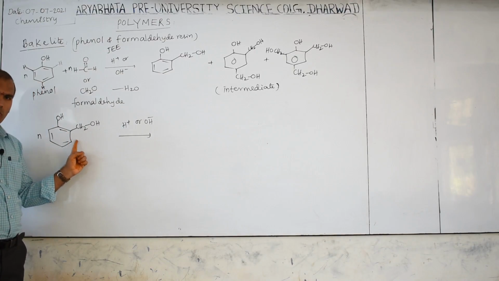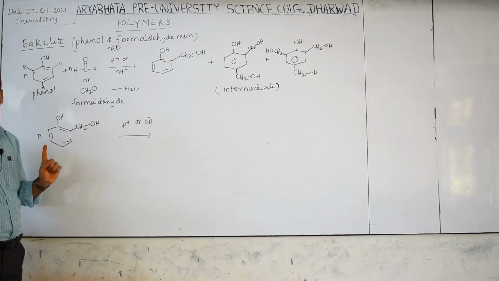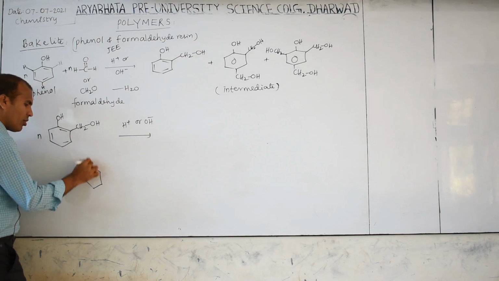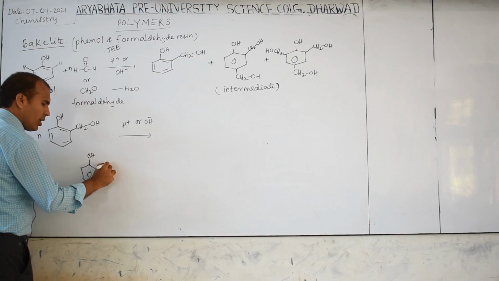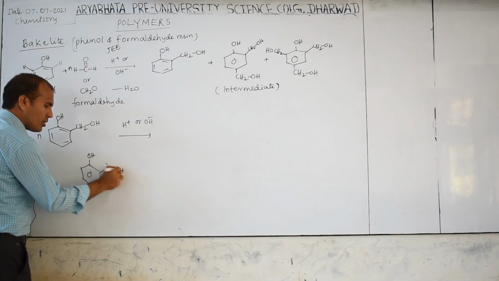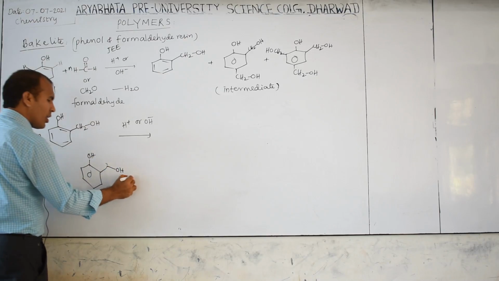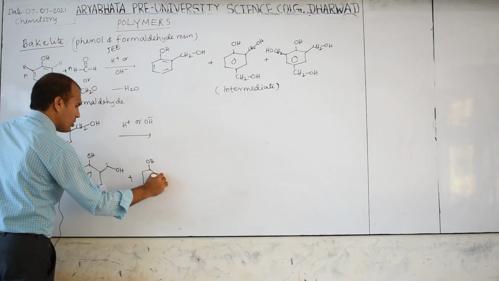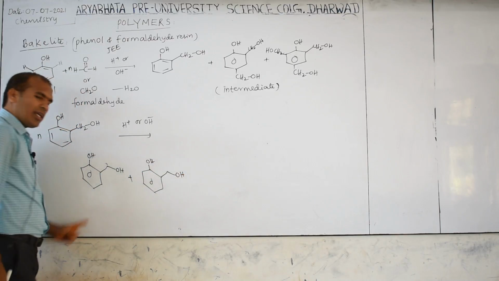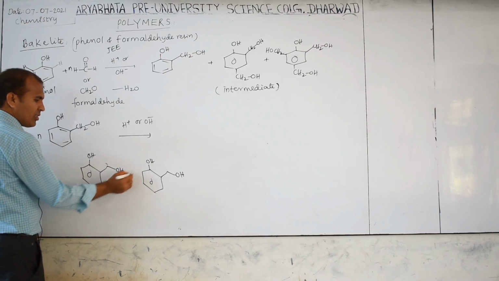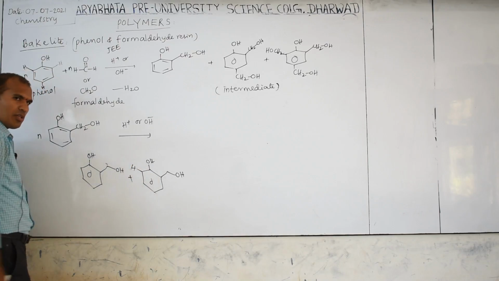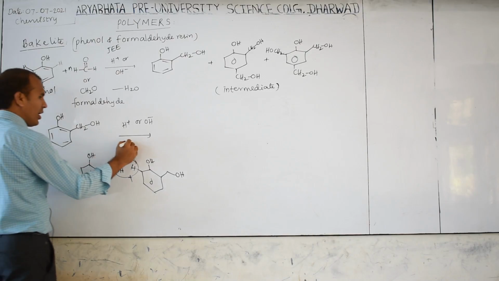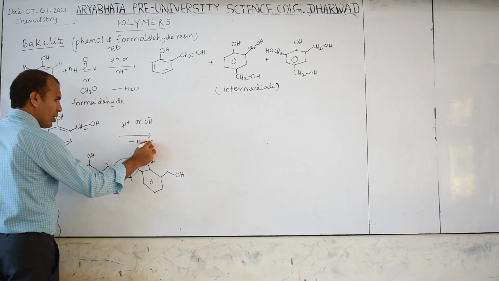Now like this, how many molecules are there? For your understanding I want to show here, this is one molecule, OH, CH2OH. We can write bond line notation also. This is nothing but CH2OH. Another molecule like this, OH, CH2OH. How many molecules did I take here now? Two. So here hydrogen is lost like a water molecule, then minus n moles of H2O.